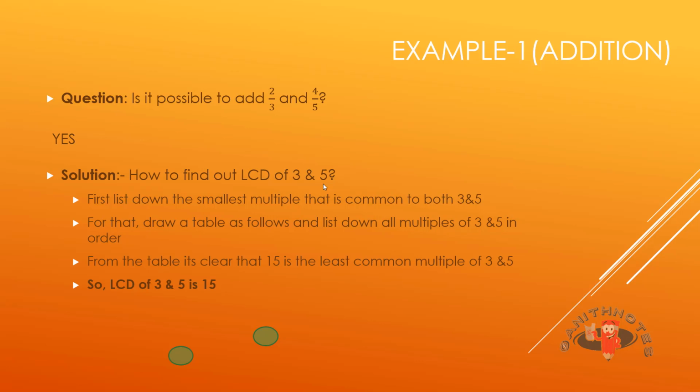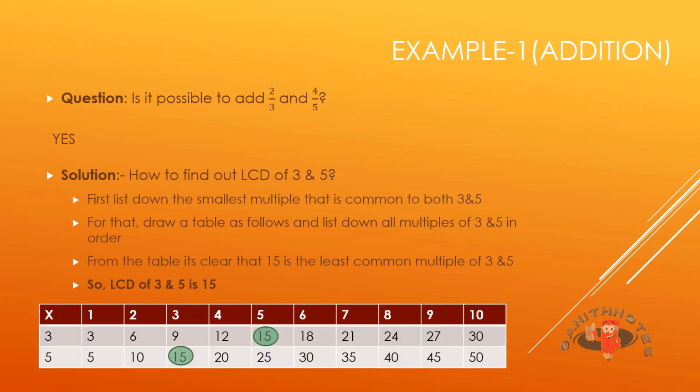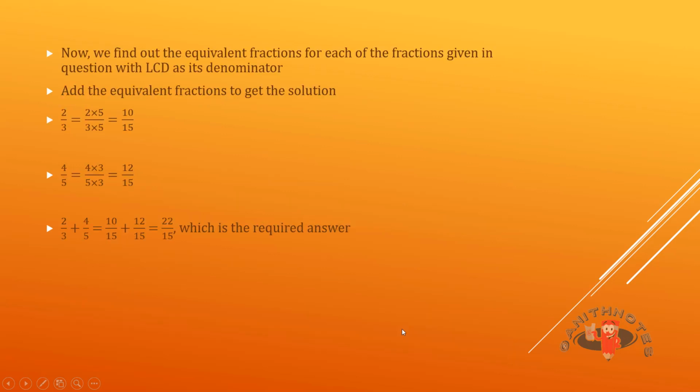First, you have to find out the multiples of 3 and 5 and make a tabular format having the multiples of 3 and 5. So, let's go through 3. What are the multiples of 3? As per this tabular format that I have listed,